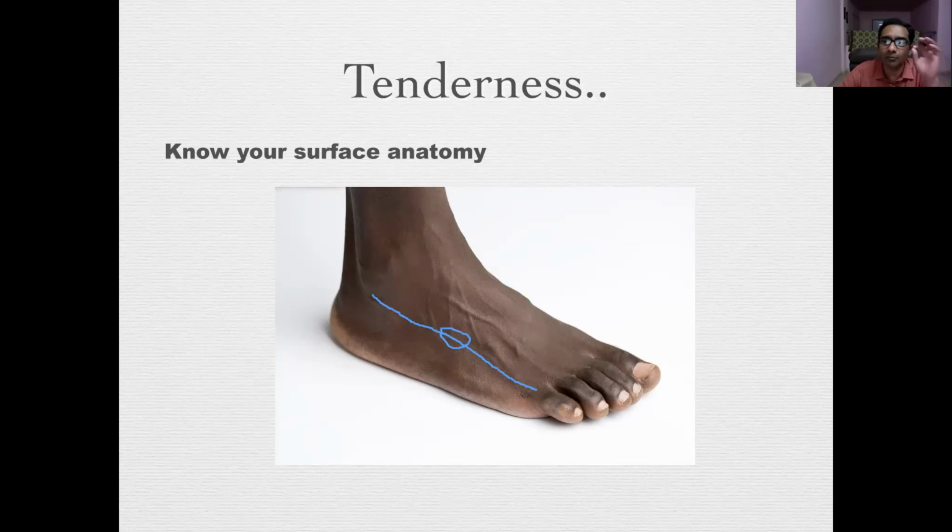Remember that bony tenderness in the foot is usually longitudinally aligned. So somebody who has got a stress fracture of the metatarsal, a Morton's metatarsal, and they have pain, you ask them about pain, with their hand they will show a longitudinal pain. They will point to their foot and draw a vertical line on their foot. Pain from the other joints, that is not from the bone but from the articular surface, is oriented axially or transversely or coronally.